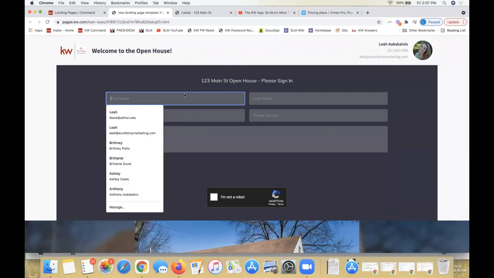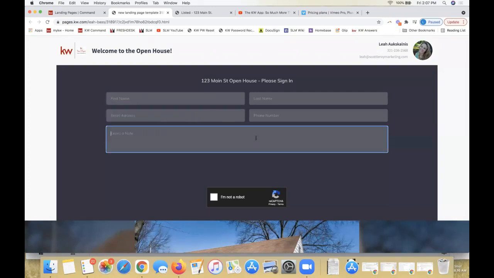Please note, if you are having two open houses at once in a weekend, the only downfall of this process we've noticed is Command does not currently let you know which landing page the lead came from. So it tells you that the lead came from a landing page, but not which specific landing page, which is of course important in the case of a certain open house. So if you're having multiple open houses this weekend and you want to make sure you're keeping track of that, just in the note, this is just a